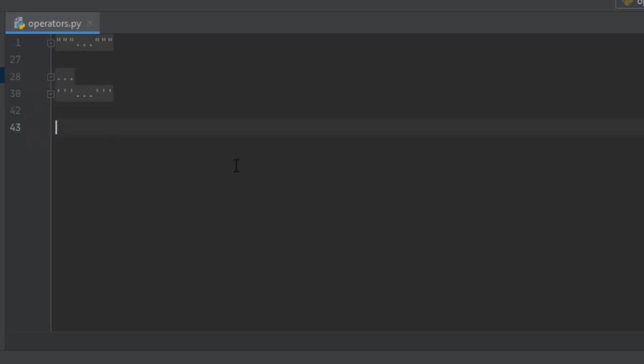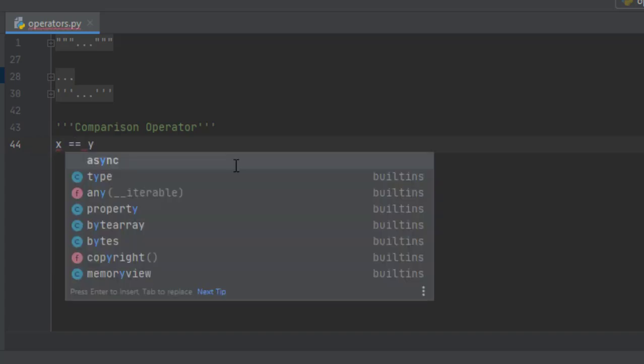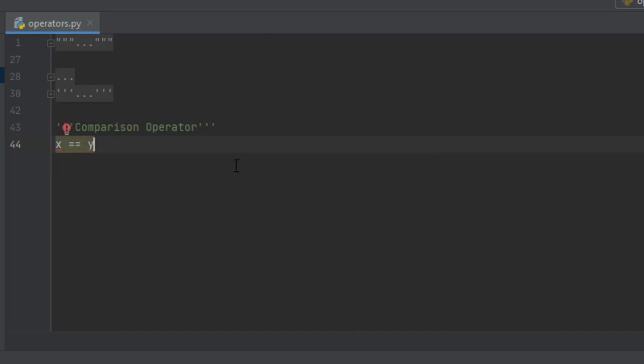So we'll start here with the comparison operators. The name itself tells us what it does. It compares, nothing much. It just compares. So what is it comparing? It is comparing two values. Suppose x double equal to y is given. What does it do? It takes the value of x and compares, is it equal to y? If it is equal to y, then it will print true, or else it will print false.